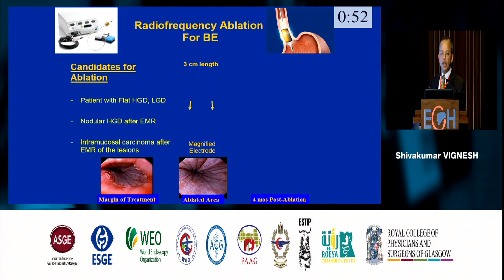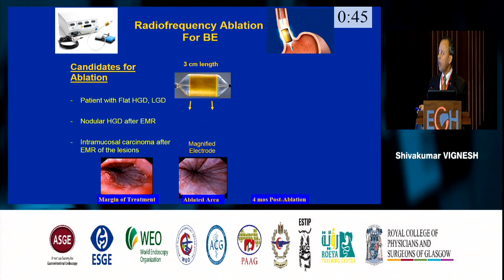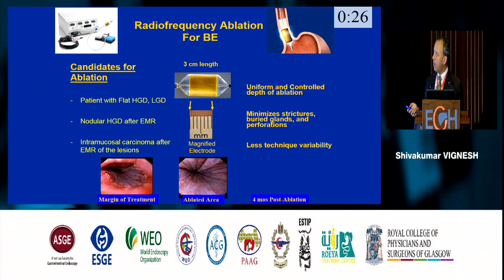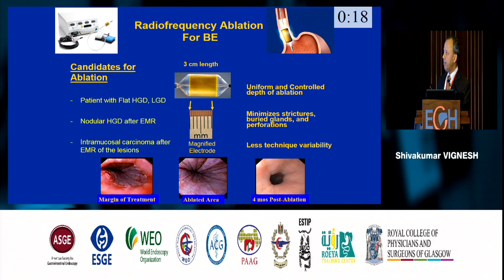And the reason radiofrequency ablation has become the standard is that the dosimetry was targeted to the depth of the muscularis mucosa. So candidates are flat, high-grade and low-grade dysplasia, nodular, high-grade or intramucosal cancer after you do EMR. This is the balloon-based circumferential electrode. You can see how these are evenly spaced, and this gives a uniform and controlled depth of ablation, minimizes strictures, buried glands, and very little operator variability, so you get a burn immediately like this, and neosquamous epithelium forms in